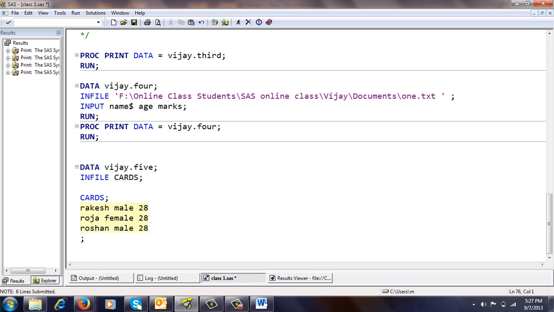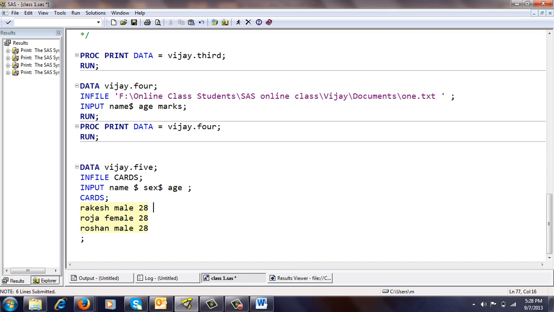Now before the cards we have to specify the variable names as well. Variable names will be given with the help of the input statement. So first data, then cards, and then input. Here we have the name and then we have their sex and then we have their age.